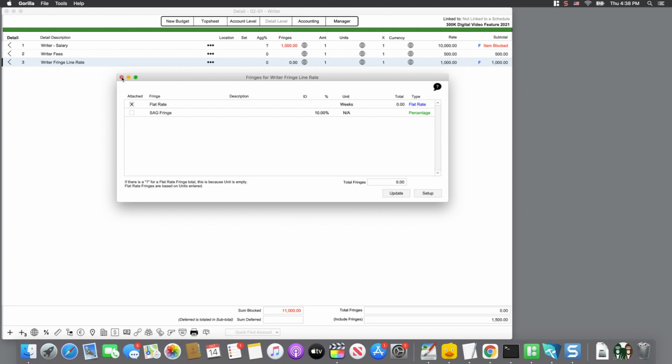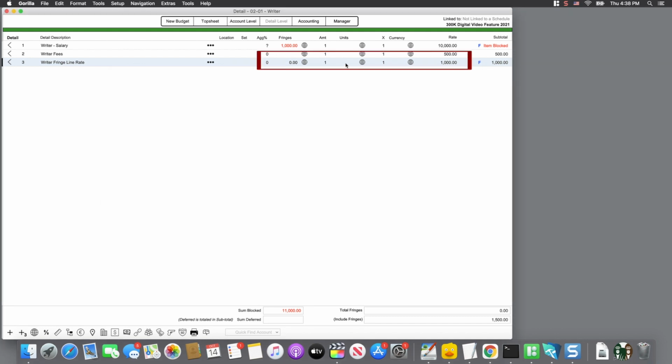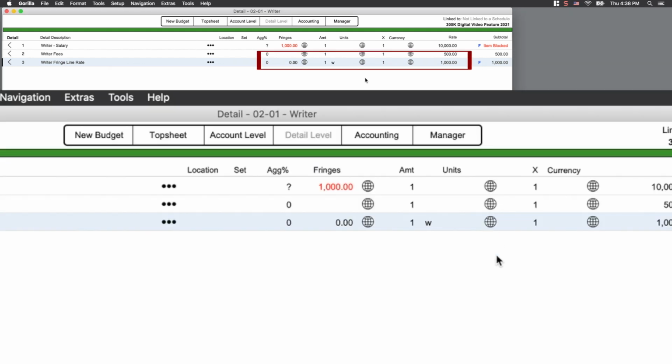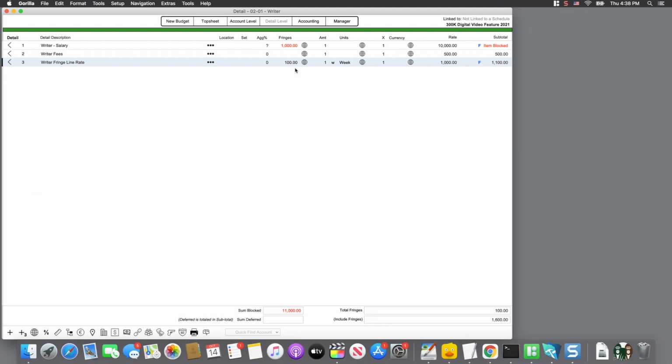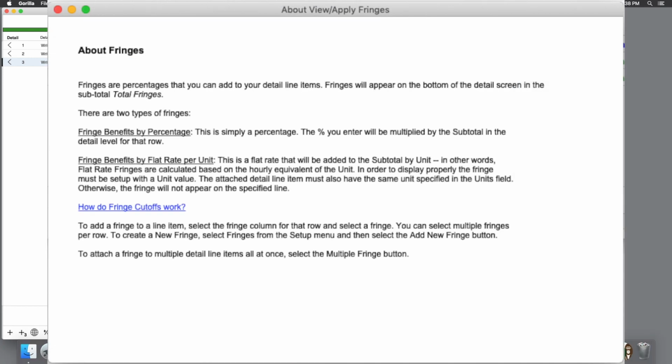Now, if I enter W for week in the units field, the flat rate fringe is properly calculated. An explanation of this is right here. Again, for a better understanding of fringes,